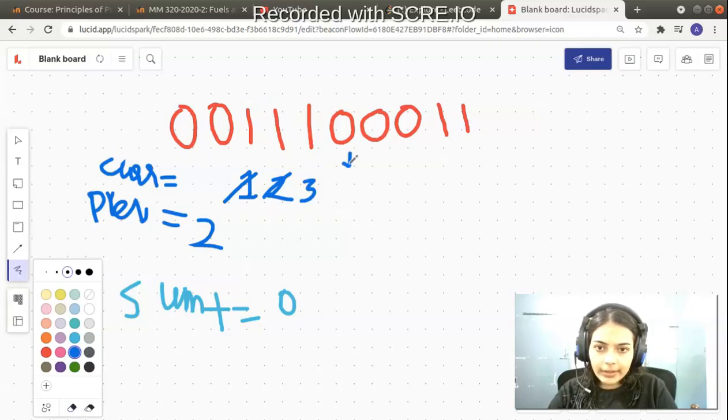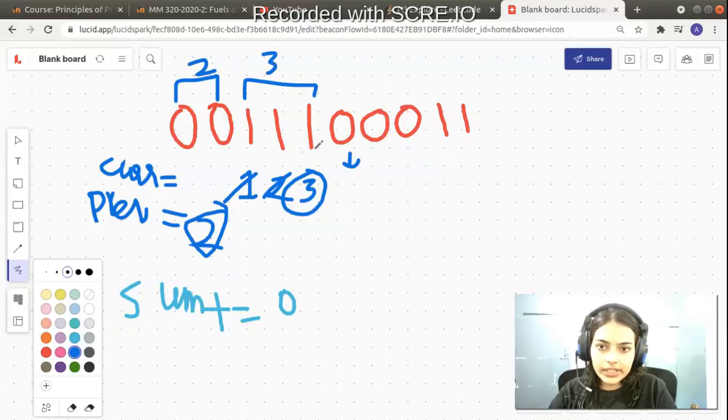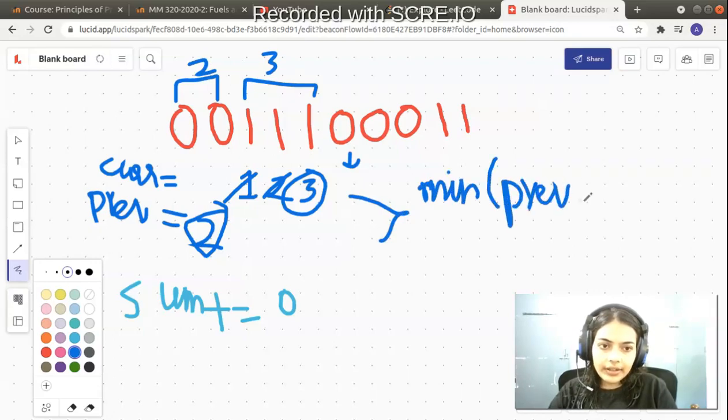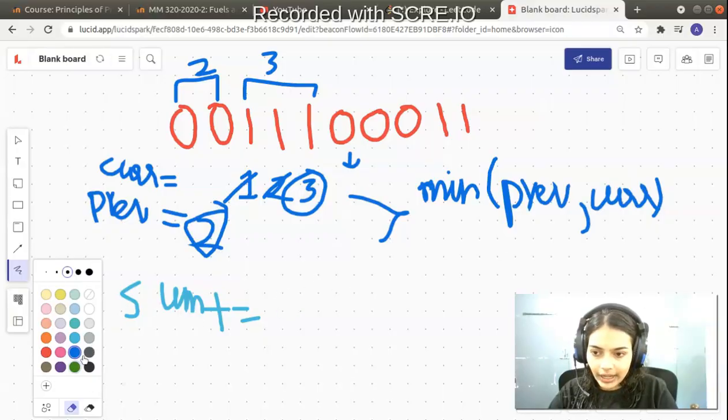Now when we go to the next element, what do we see? It is not the same as previous element, right? That means we should end and we should just see our blocks here. So now we have current is 3 and previous is 2. Okay, so previous is 2 corresponds to these two, current is 3 corresponds to these three blocks. Now we see the minimum between current and previous. So minimum of previous and current. Okay, whatever is the minimum value, that will be added to our sum variable. So minimum of 2 and 3 is 2, so sum will increment and sum will become equal to 2 right now. So we have found two substrings, this substring and this substring, right?